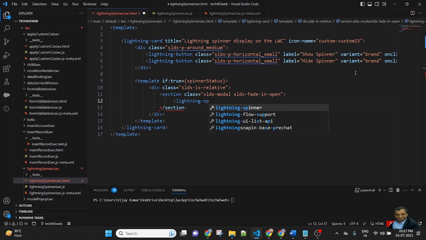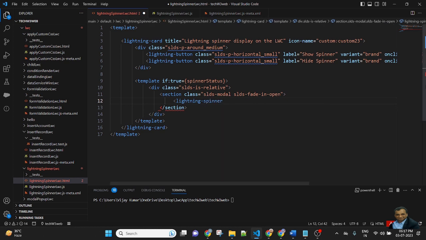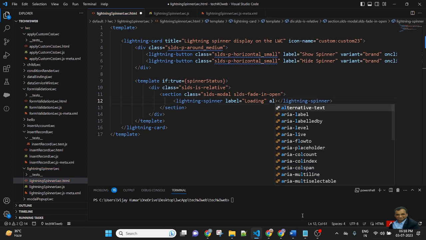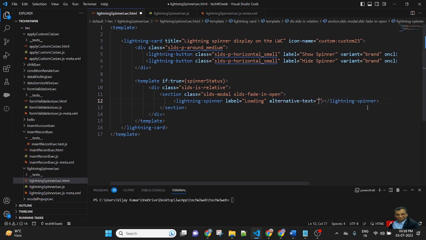Lightning spinner, alternative text loading, variant brand.